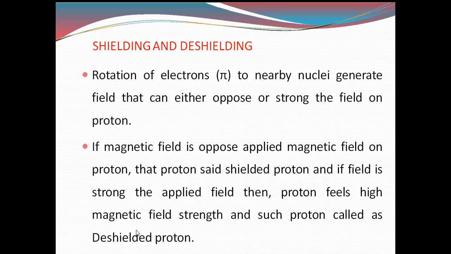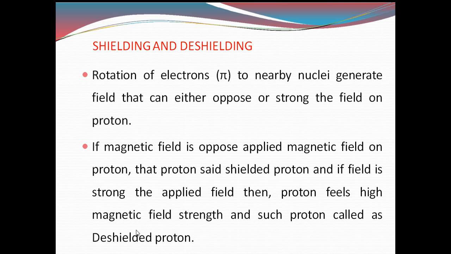If you apply the magnetic field, that field may oppose the external magnetic field, and then you can say that it is the shielded proton. When the electrons around that particular nucleus are strong, that means the magnetic field around that proton is stronger than the applied field, then